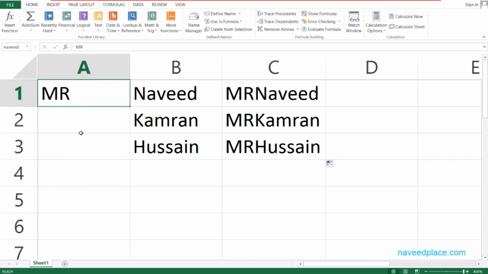So with Name Manager we can give a name to our cell or to a whole row. Getting me? So I hope you have understood. And one more thing I want to tell you, if you want to give a name, we also have another way, and this is the easiest way. Just select the cell and then go there and give the name. This is the easiest way, a shortcut to give the name. So I hope you have understood.